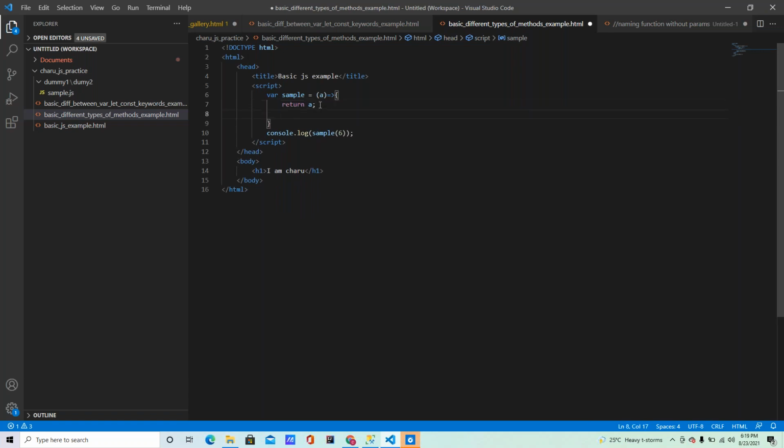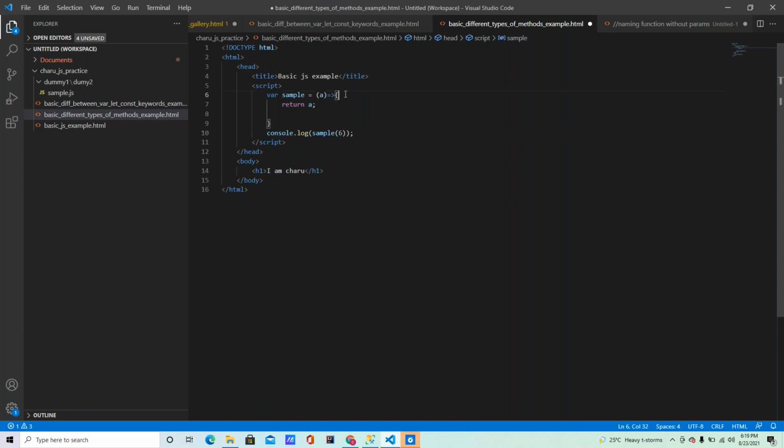Here you want to print the console.log. No, for this, after one second calculation. Okay, leave it. For this example, this is suitable. That's why I have chosen this way. Now see here, console.log sample, and parenthesis 6 I am writing here. So is any code optimization possible? Yes, it is possible.